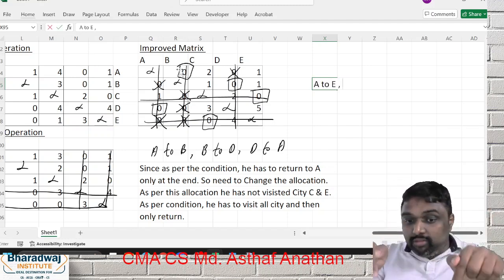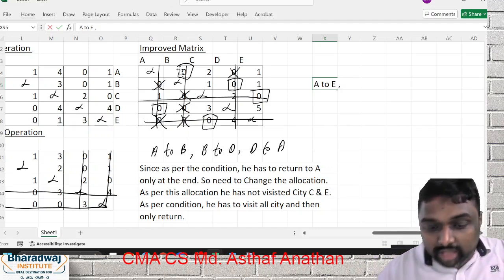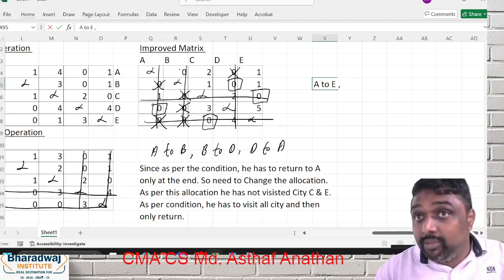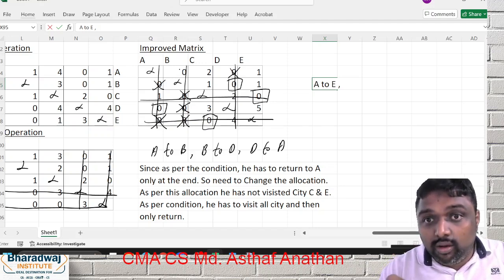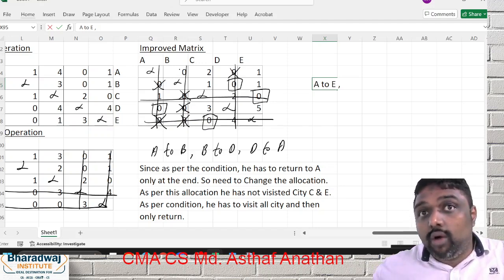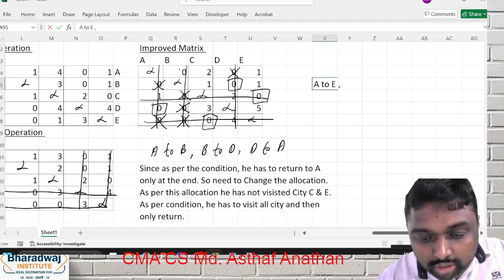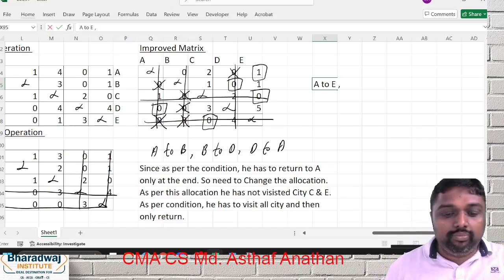Now you continue with me, friends. I am just changing the allocation now. I have done A to E instead of this. I am now changing this chart. Hope you can change this accordingly. So this is the first chart. If you want, you can draw a second chart also. For me, I am not going to draw this. So you have to change it into E.